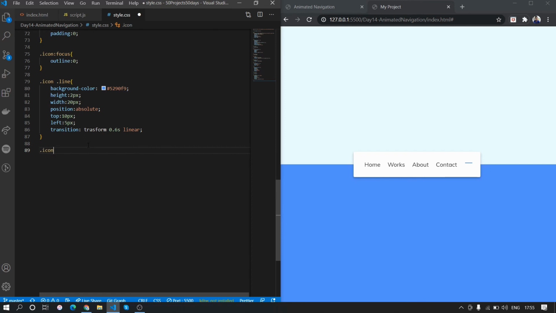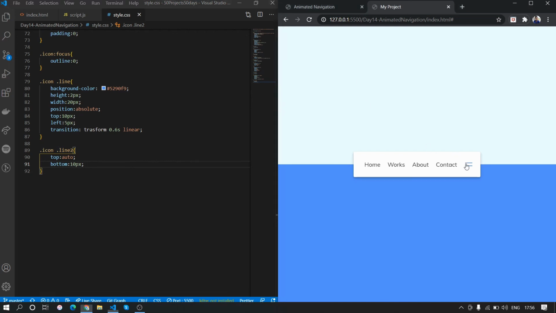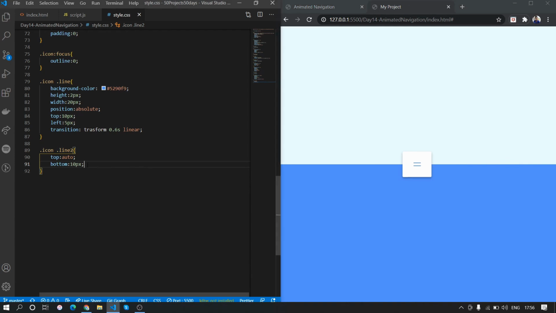So dot icon and dot line 2, and we'll take the top position and we'll give a value of auto, and we'll give a bottom value of 10 pixel. So now the icon is there. Now we need to add a transition property to it, so that when the active class is added, it changes its rotation. So when the nav has an active class,